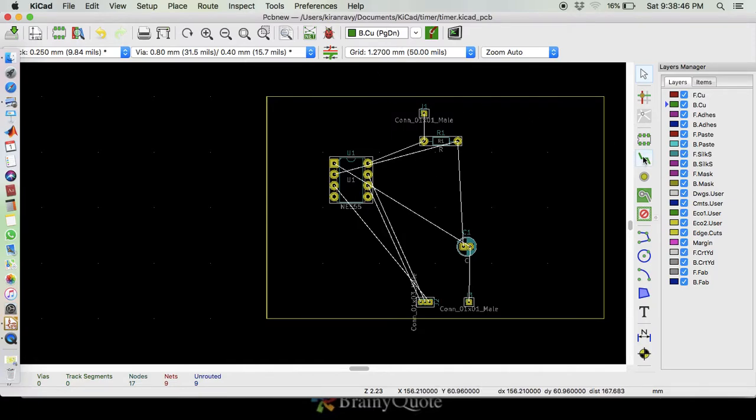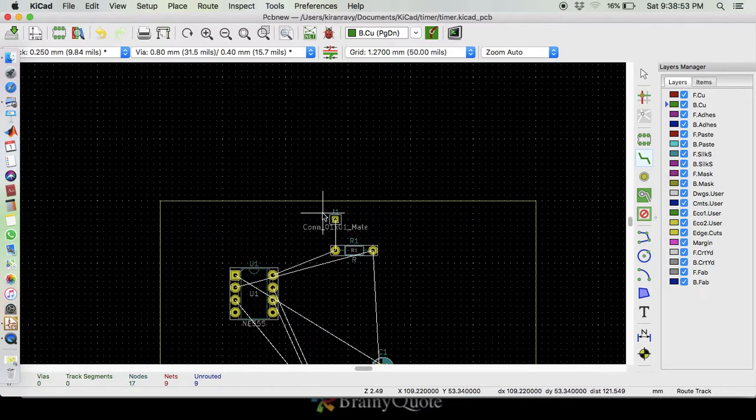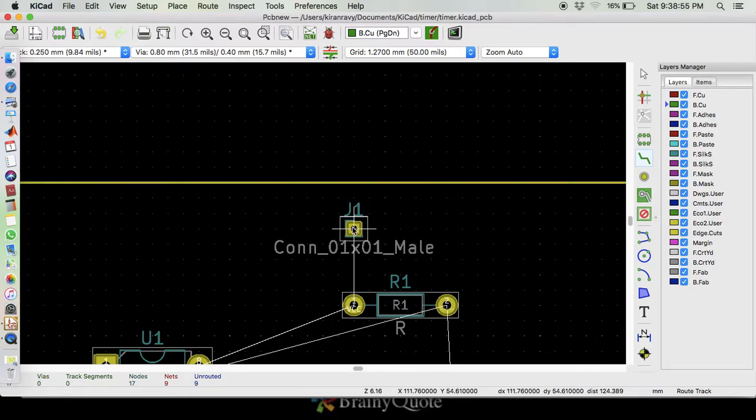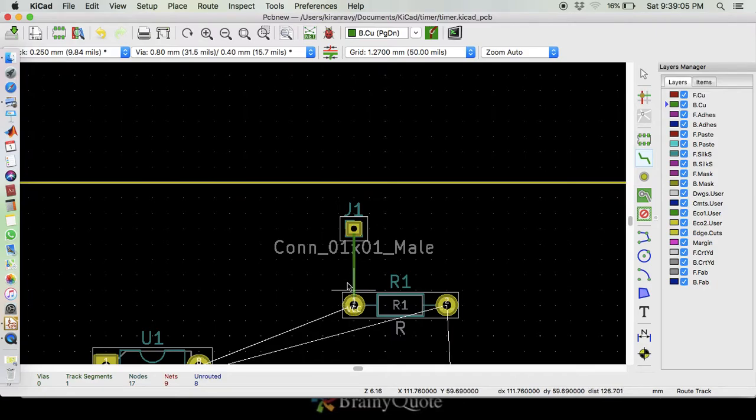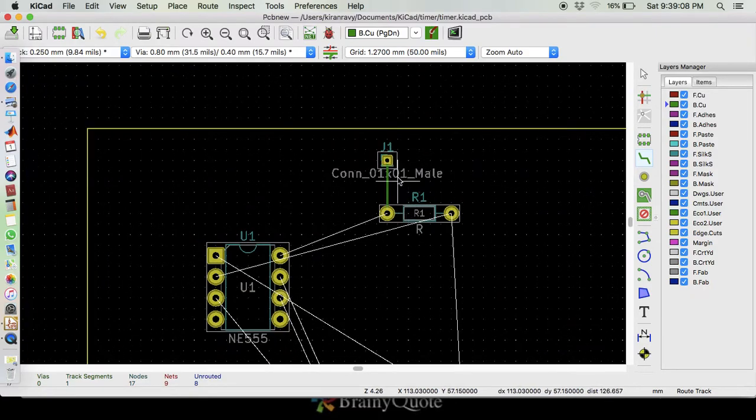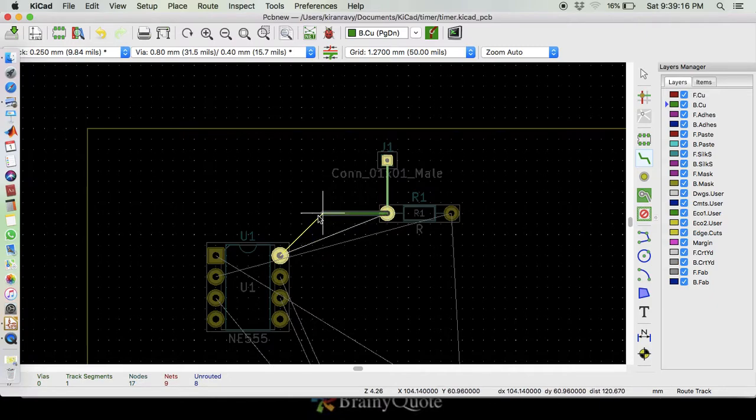as the layer, and then take this tool, which is the route tracks. So zoom in. Here we have a connection. These white lines are the connections. So we have to draw a PCB trace through the connection. Click here. So that connection is over, and see this is a green line. A green line indicates that this is a copper trace in the bottom layer,